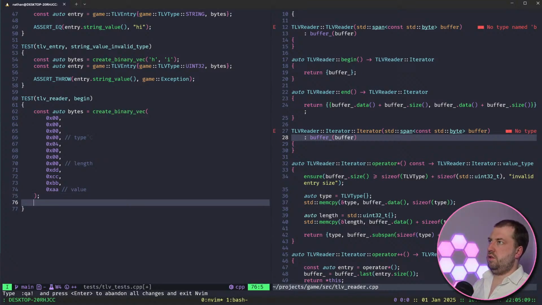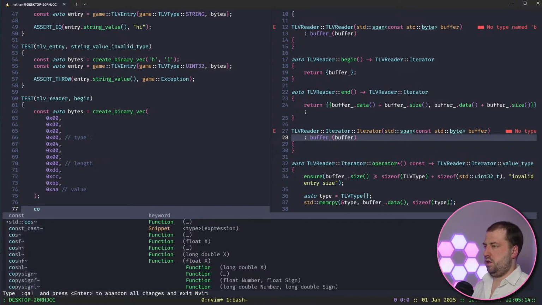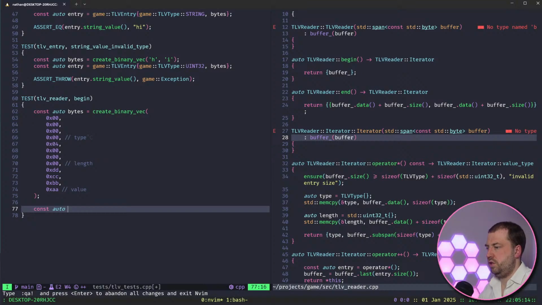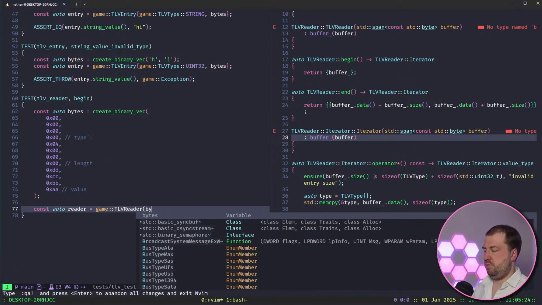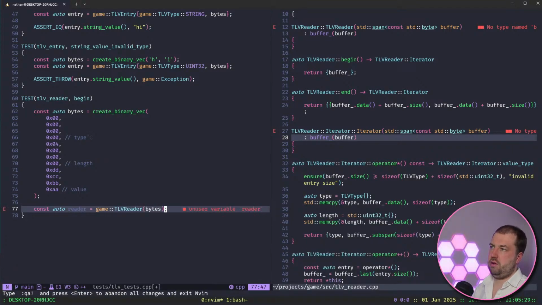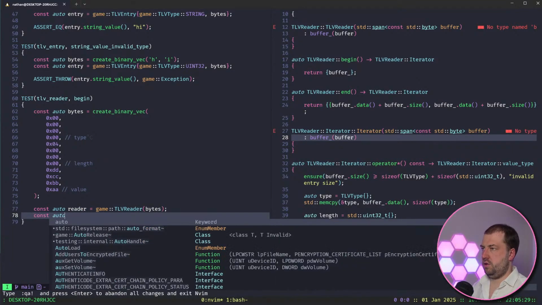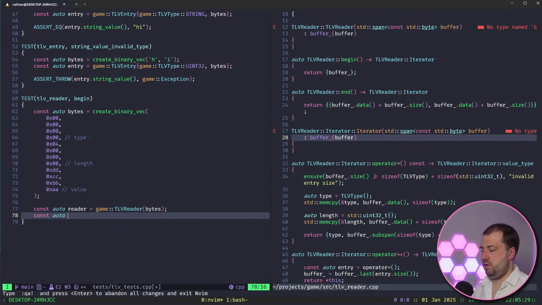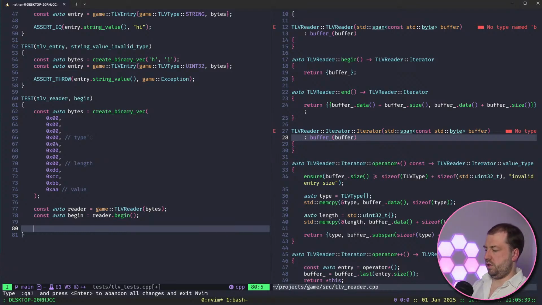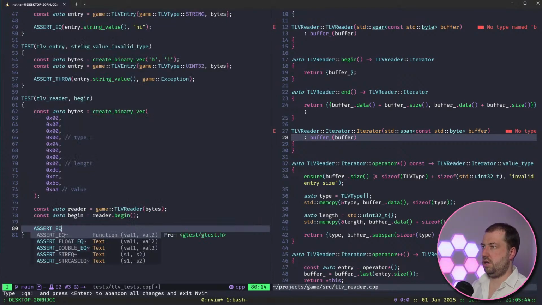So let's do const auto reader equals game TLV reader bytes. Now we'll do const auto begin equals reader dot begin, and then we should be able to do something like assert equal